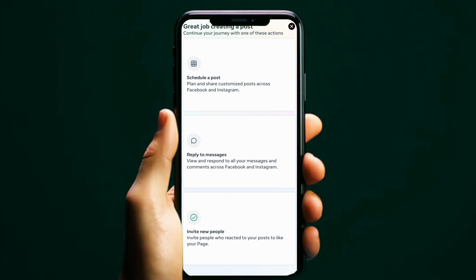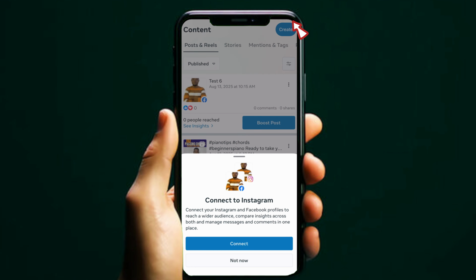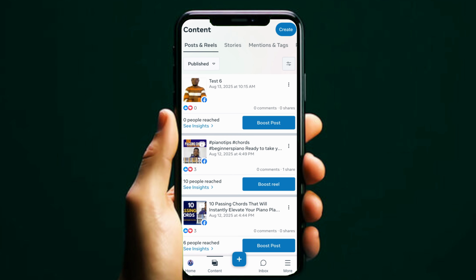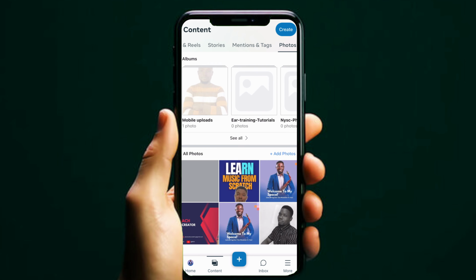We'll go back now. I will click on Cancel here. Then I will click on Not Now. So at the top here, you're going to see some headings here. You see stories, mentions and tags, and photos. So I'll click on Photos. You can see it's there. Then I'll click on See